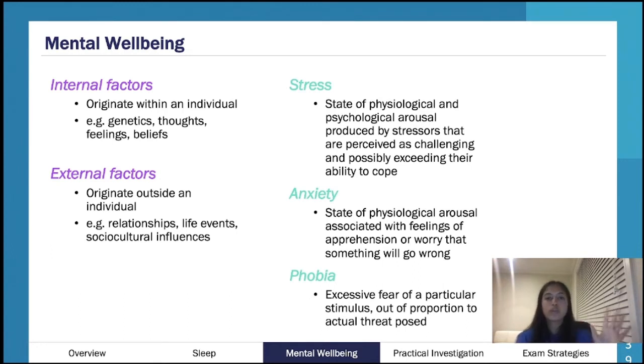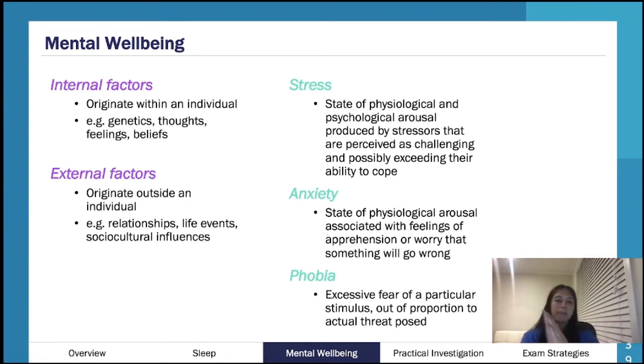So stress, often we think about stress being negative. Obviously, sometimes it can be positive as well. But when you think about this negative source of stress or negative feelings towards stress, it can be something from the past, the present, or the future. Anxiety is very similar to stress, but it's this idea of always thinking about something that's going wrong in the future, and these feelings that something is about to go wrong, this sort of apprehension.